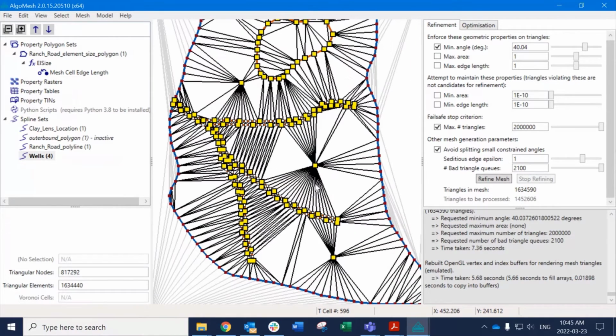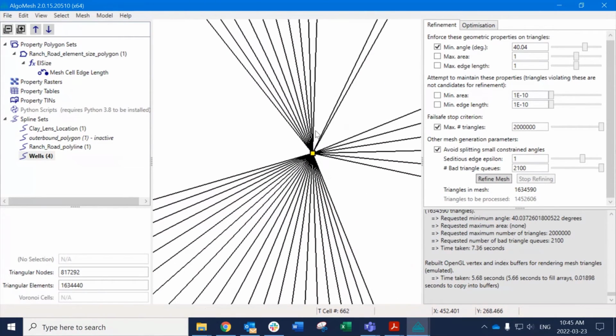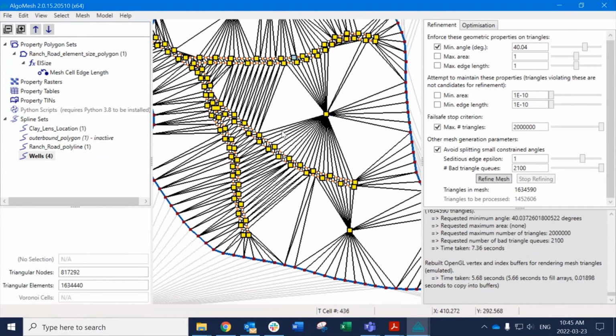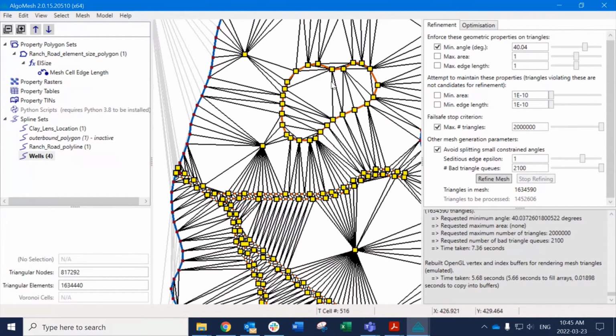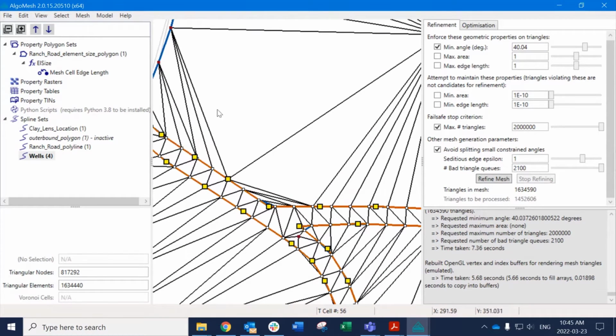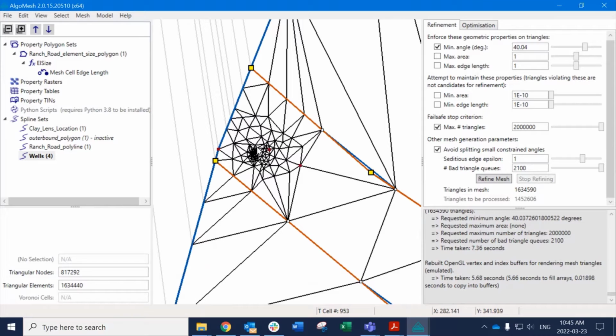Where are these 1.6 million triangles, though? So if we start to zoom in, I'm not exactly sure where we're going to find all those triangles, but it's somewhere in here we're going to find an area where, maybe it's over here. Yeah, so what we're seeing here is basically we've put the minimum angle requirement a little bit too high,